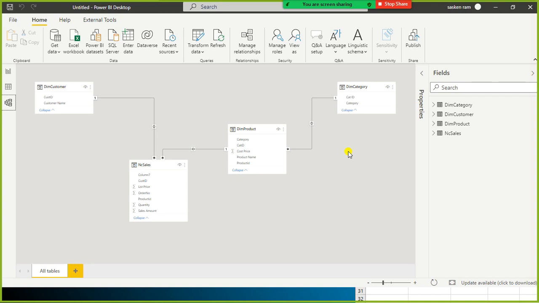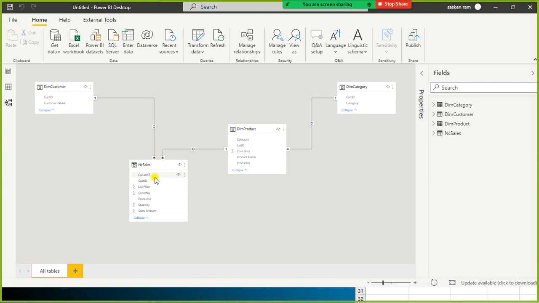In that case, it'll be overkill. Enabling the cross filter direction as both for the date table is not advisable.